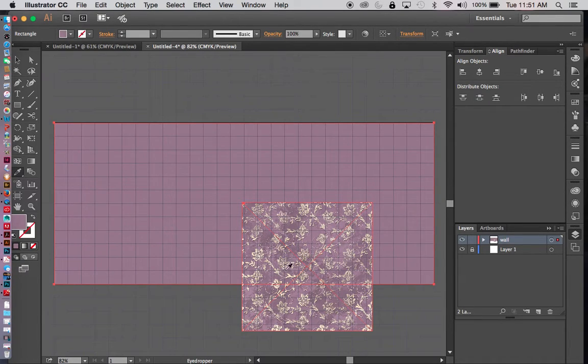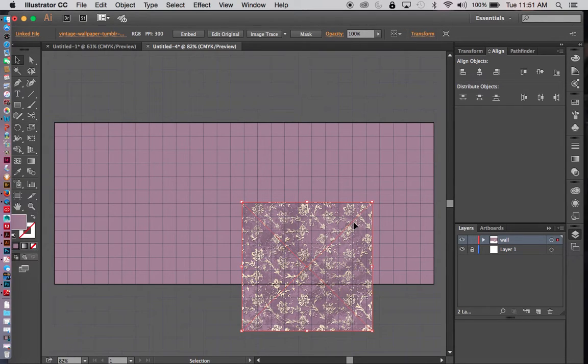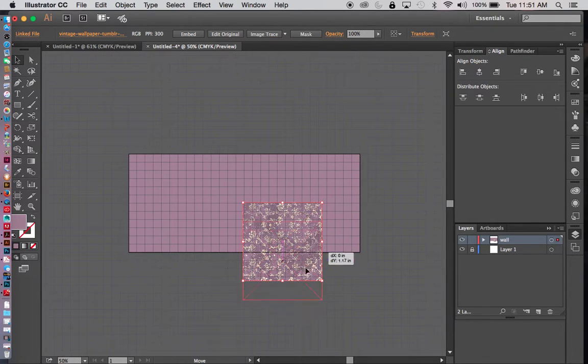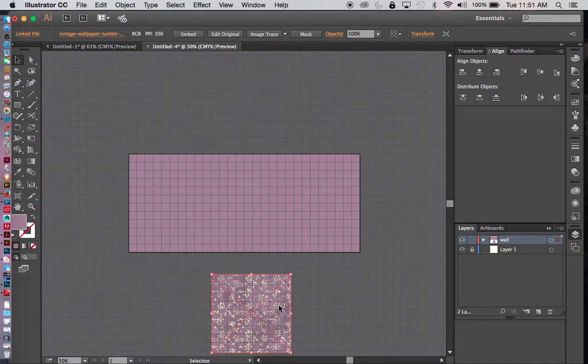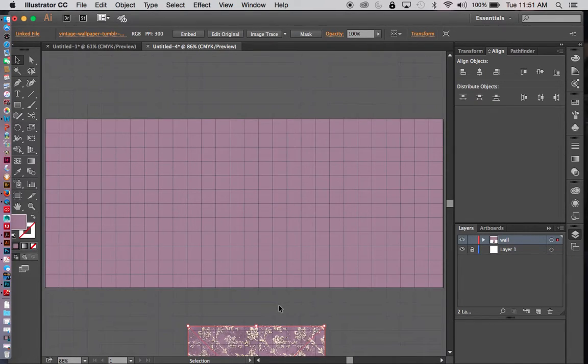That's a little too bright. Oh, I shouldn't be so picky. Okay, here we go. I'm going to go with this one. But that's a way for you to take a sample of this. And so let me grab this. I'm going to zoom out just a little so I can pull it down underneath the drawing. Okay, and then remember, Command 0 will bring you back to the full size of the artboard on the screen. So we have that. So let's say this is the wall color that I would like, and so I'm done,